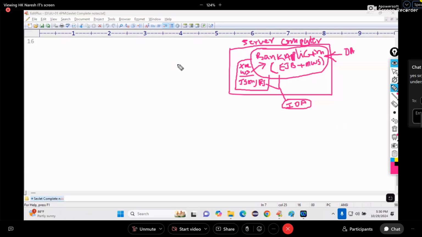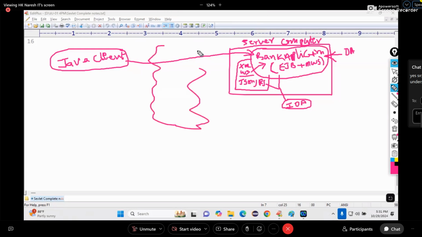Now tell me, this is a network. Now write Java client. Can a Java client directly go to the bank application? Write internet in the middle.